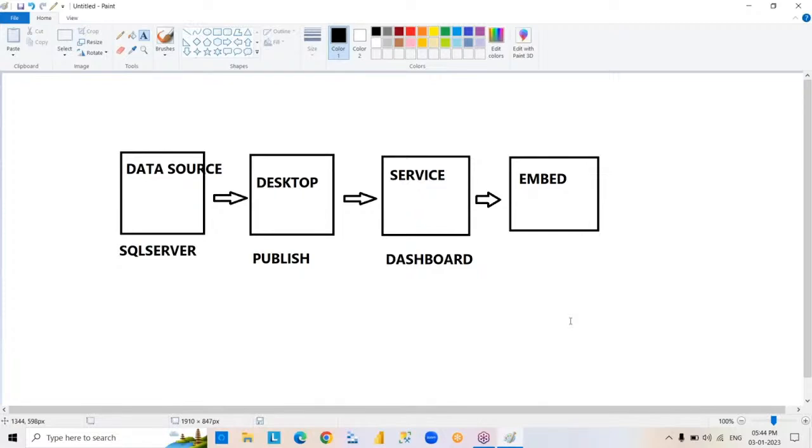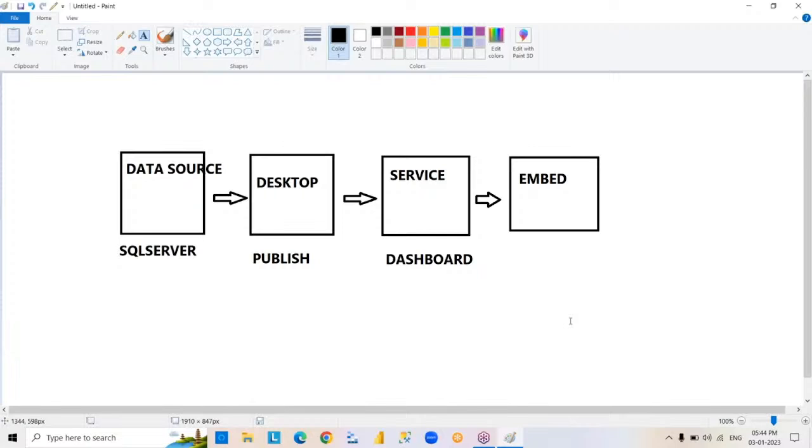So a little bit about embedding Power BI reports and Power BI dashboards into applications, for internal users and external users. What are the licenses required? What are the security scenarios required? Something from a real-time environment. These types of things we are going to discuss under this training,